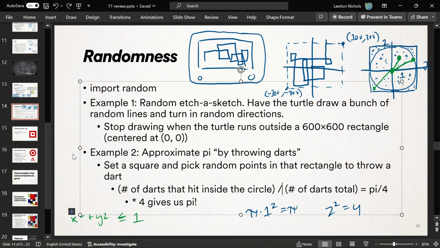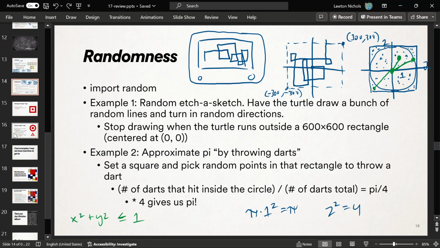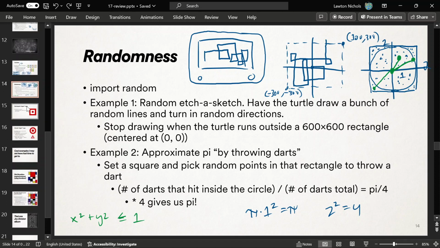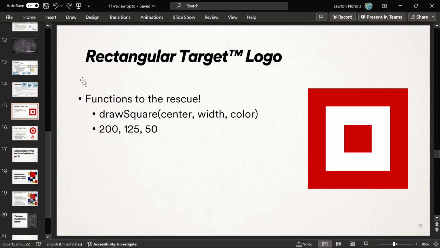I would say, if we're happy, I just want to keep going with some more examples of functions plus turtle plus maybe some math too. So that'll just combine everything that we know, and that'll be a good place to end. So let's see. Let's do target logos